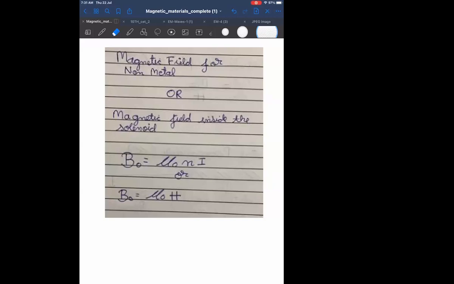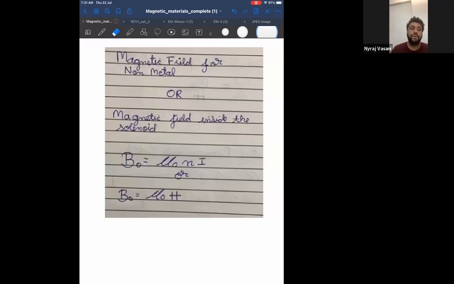Whatever I have given is a bit tricky. Tricky in the sense it is not exactly like this in the text, but this will help you remember the formula for the problems. Because they will not ask you this formula as theory. They will not say what is the formula for a solenoid. They will ask you this in a problem. That is why I have given this wording. This is not the exact wording, but this is how you remember it.